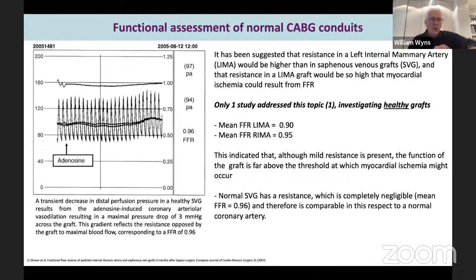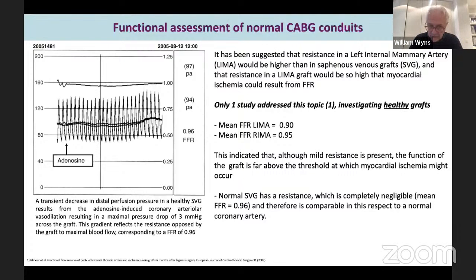We can finish in 1 minute with the bypass conduits. This slide is about LIMA and RIMA. Long vessel, okay? Not very large, particularly early after surgery. After months, it will double its volume. Is this graft an obstacle to flow? Because on average, its diameter is much smaller than the diameter of a vein graft.